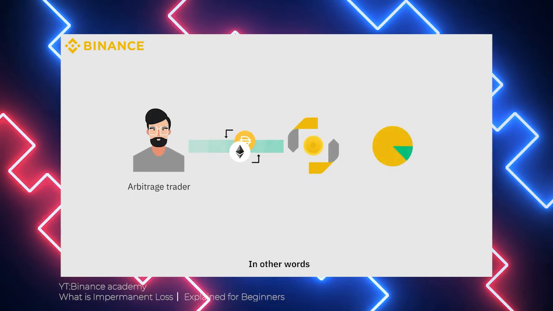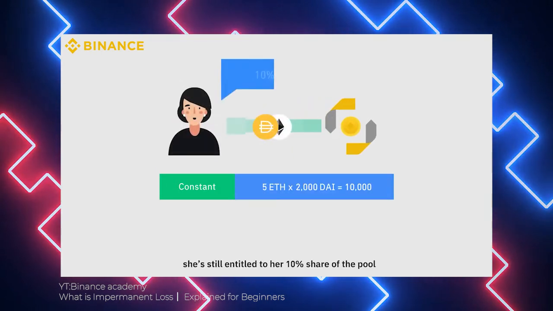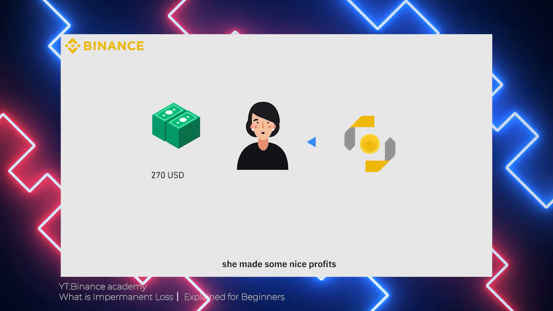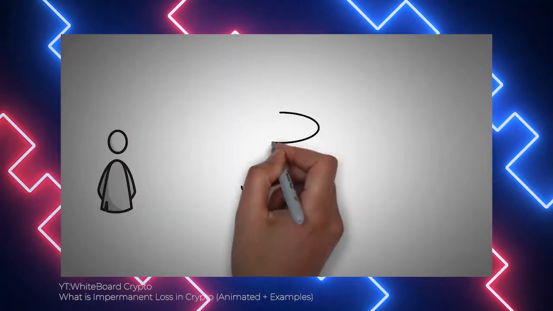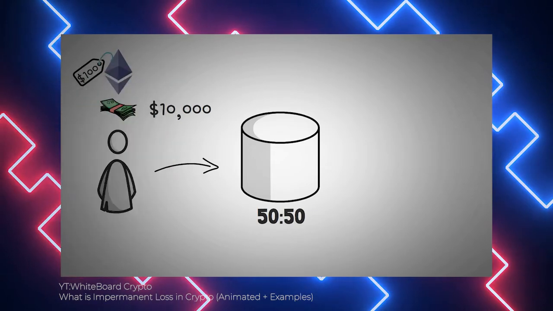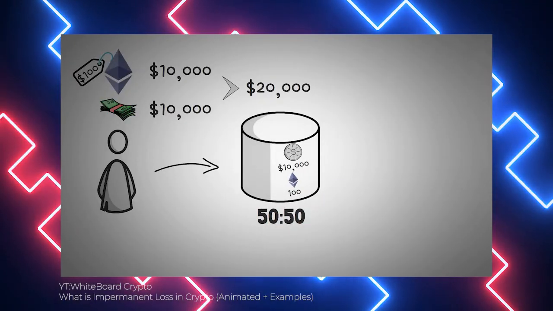So how does impermanent loss occur? To understand how impermanent loss occurs, we first need to understand what automated market makers are, how pricing works, and the role arbitrageurs play. An automated market maker is like an order book exchange, but instead of counterparties, traders interact with a smart contract that makes the market for them. These market makers are disconnected from external exchanges. Therefore, the price of an asset is determined by a formula. However, when the price of a token changes, automated market makers adjust its price with the help of arbitrageurs. They continue to buy an underpriced asset or sell an overpriced asset until prices offered by the automated market maker match external markets.